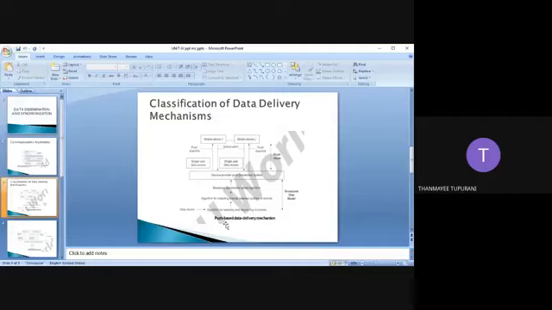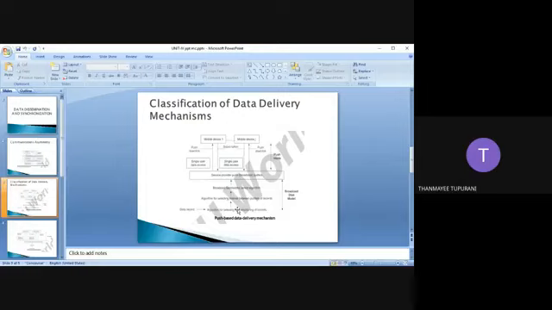Simple, we are going to deliver the data from client server to client. Simple mechanisms, we are going to overcome the traffic congestions. When we move on to the push based, the data records are pushed to the mobile device by broadcasting without any demand. The client is not going to have any demand.